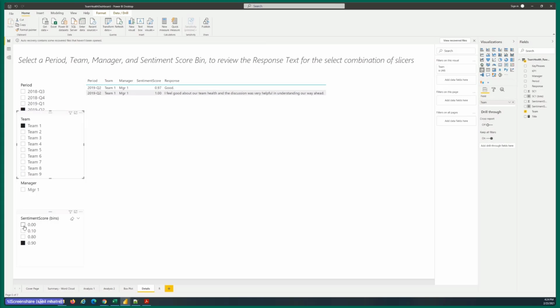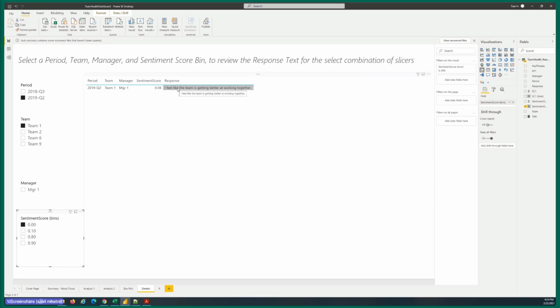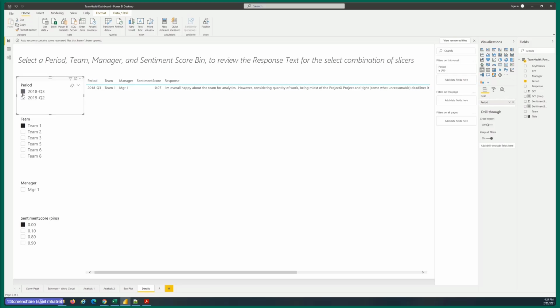If that manager wants to now take a look at what are the most negative comments, simply change this filter to the range or the sentiment score bin of 0, and you will be able to read quickly what is the most negative response. So this allows your users to quickly get to the data that might be of interest to them.